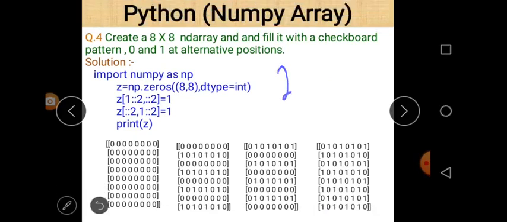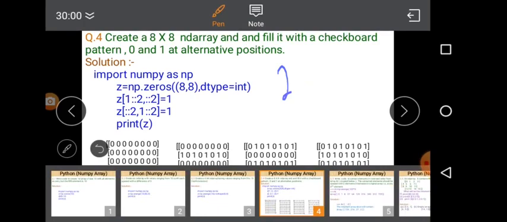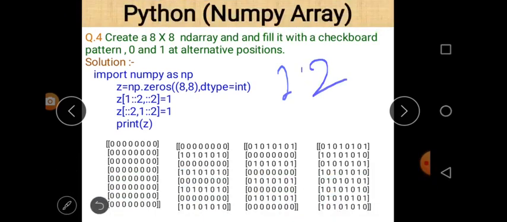And after that 2, and before this there is a colon sign here. It means this is the start value, this is the end value, and this is the increment or decrement. So there is an increment of 2 and the starting row is row number 2. It means the row at index value 1, and there is no column mentioned here, so all columns should be considered.